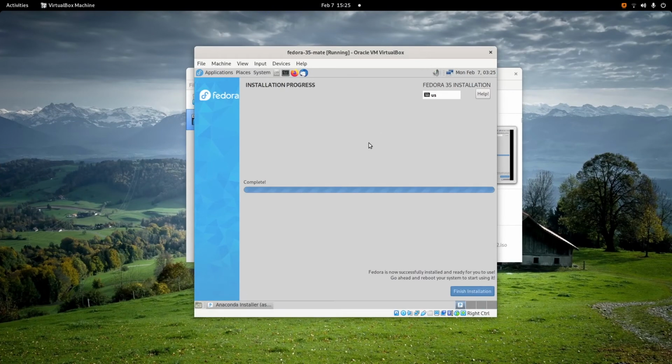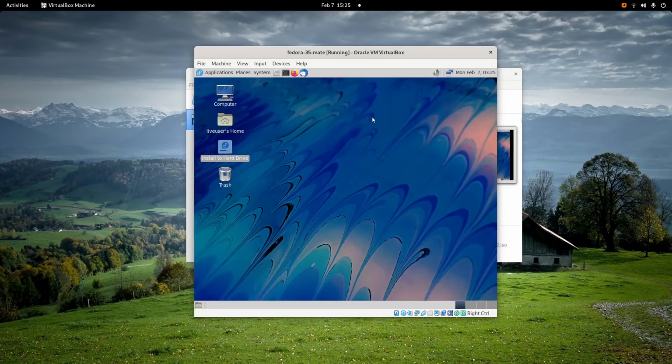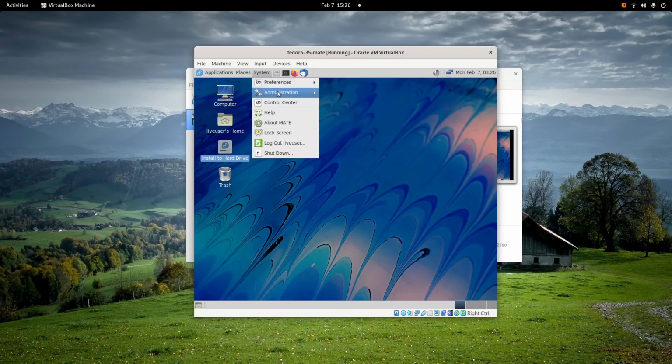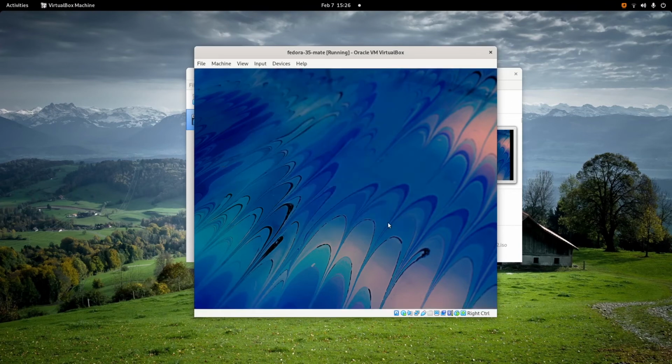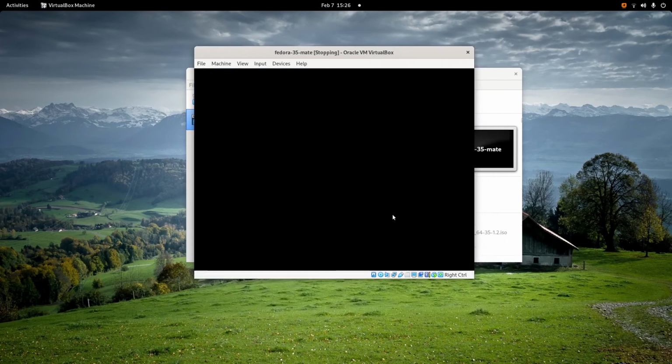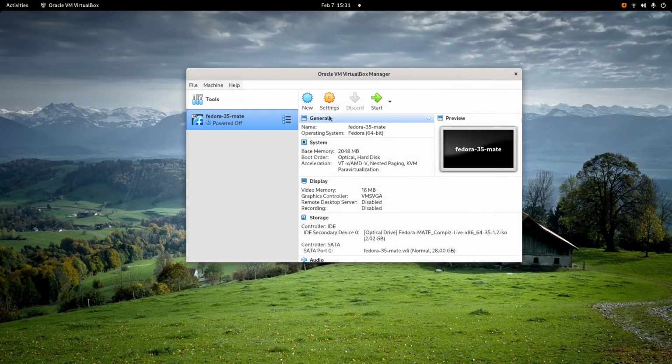Okay everyone, the installation is already finished. Click the finish installation and then we can turn our VM off. Before we start our VM again, we need to change a setting.